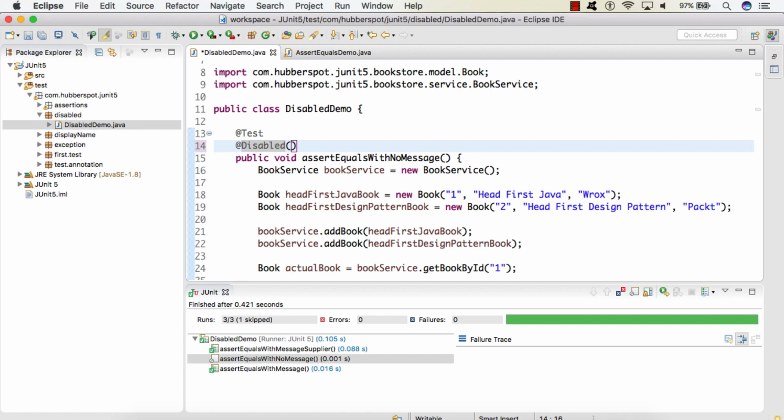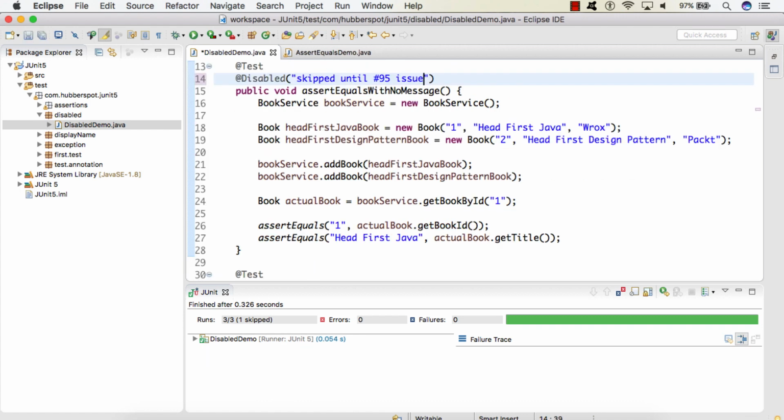Now this annotation also takes an optional parameter, which is nothing but extra information about why we are disabling this test case. So let's say here I give the information as "skipped until issue 95 has been fixed."